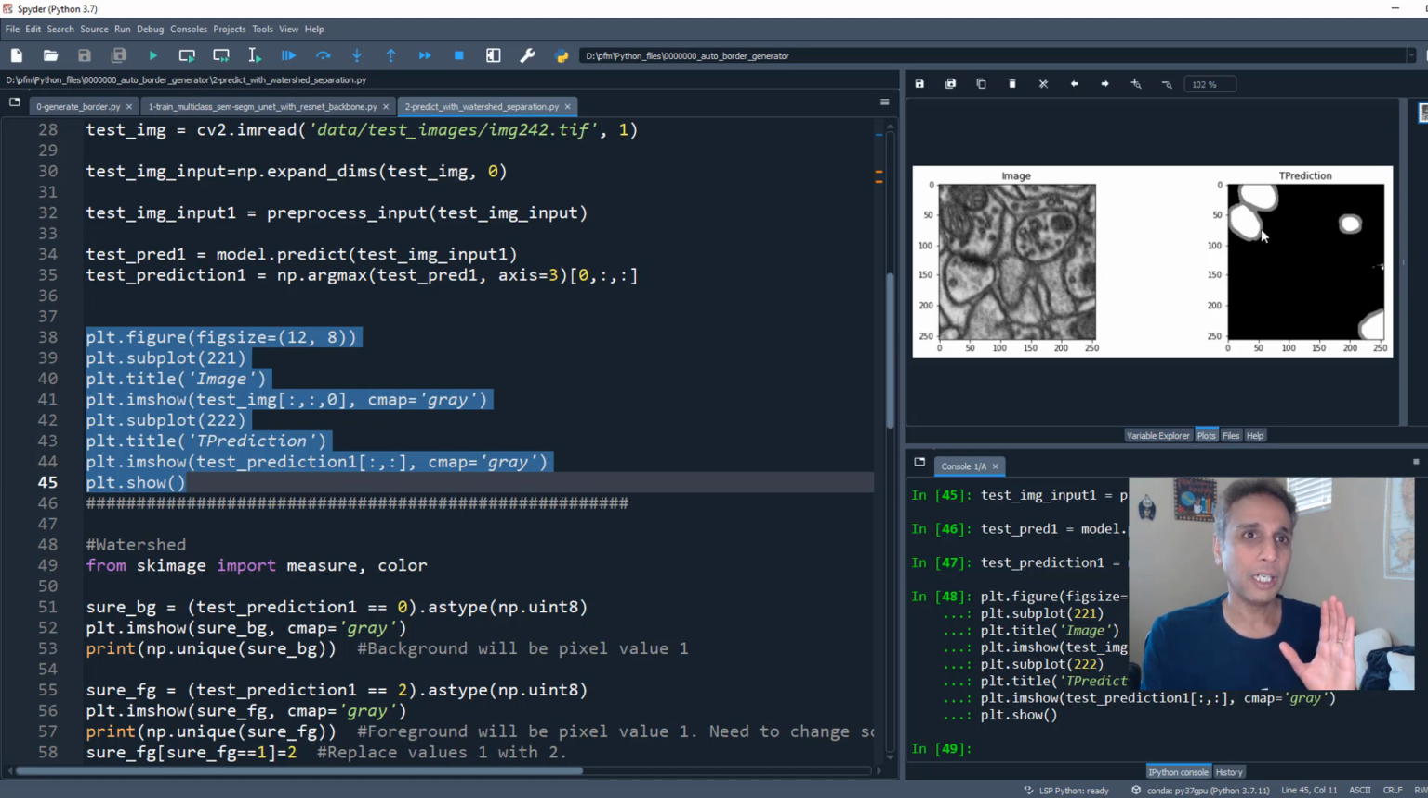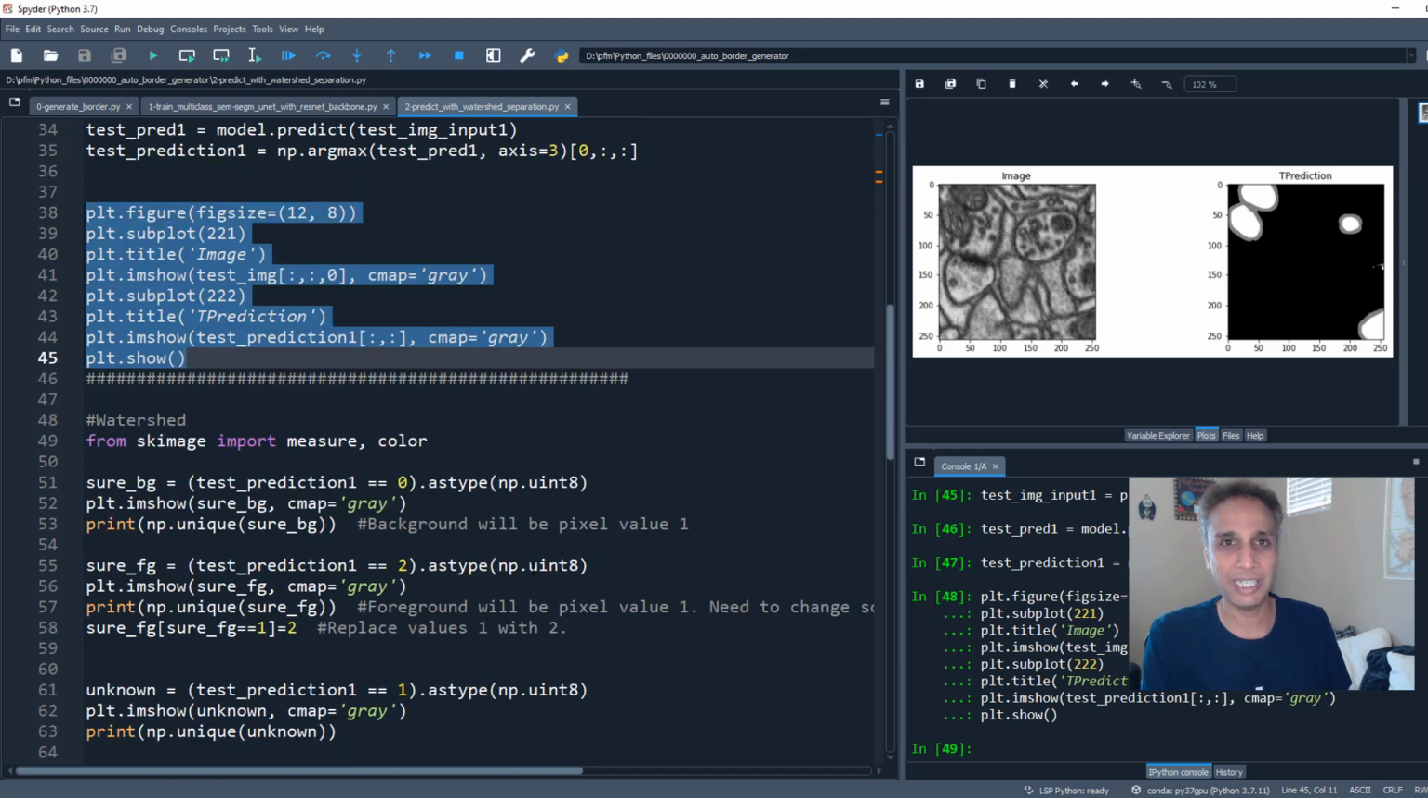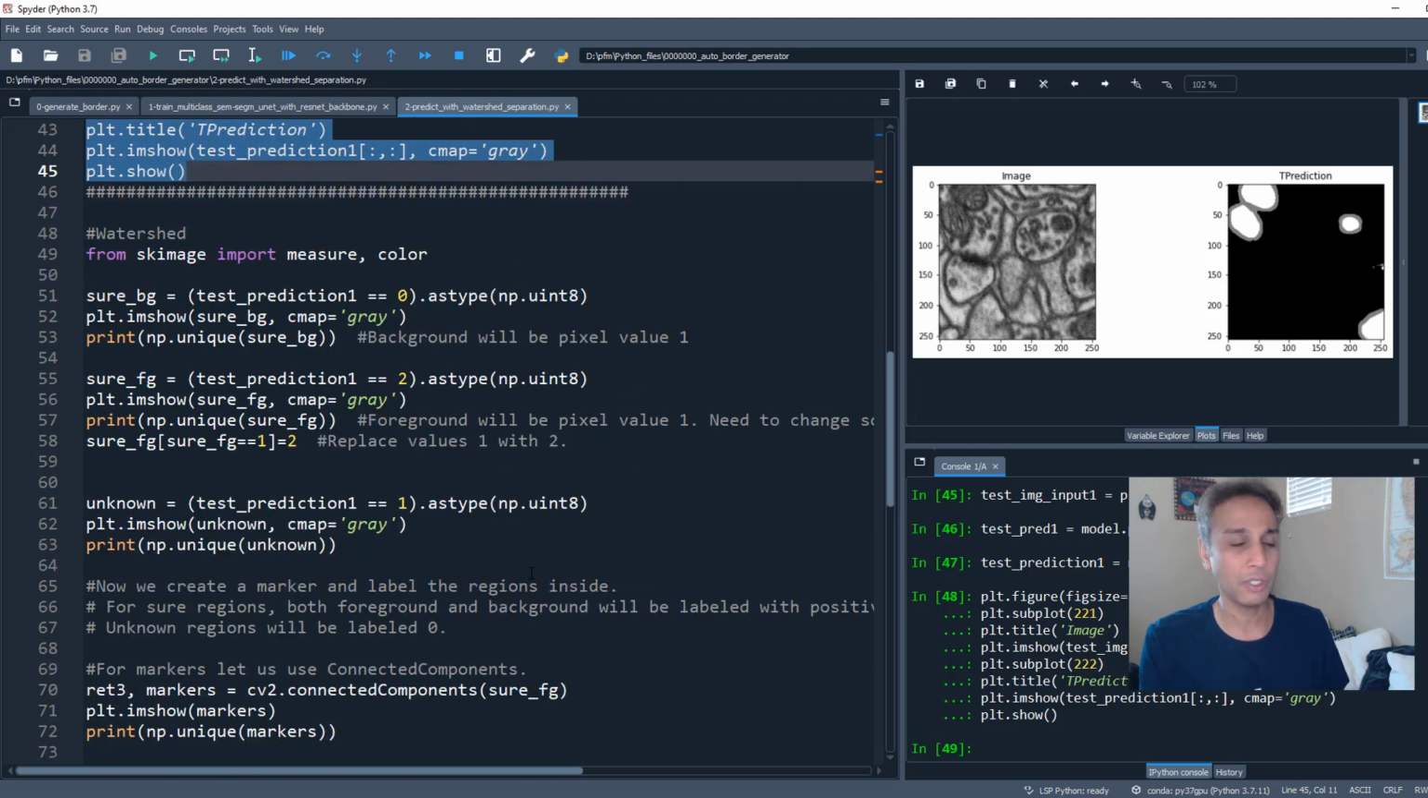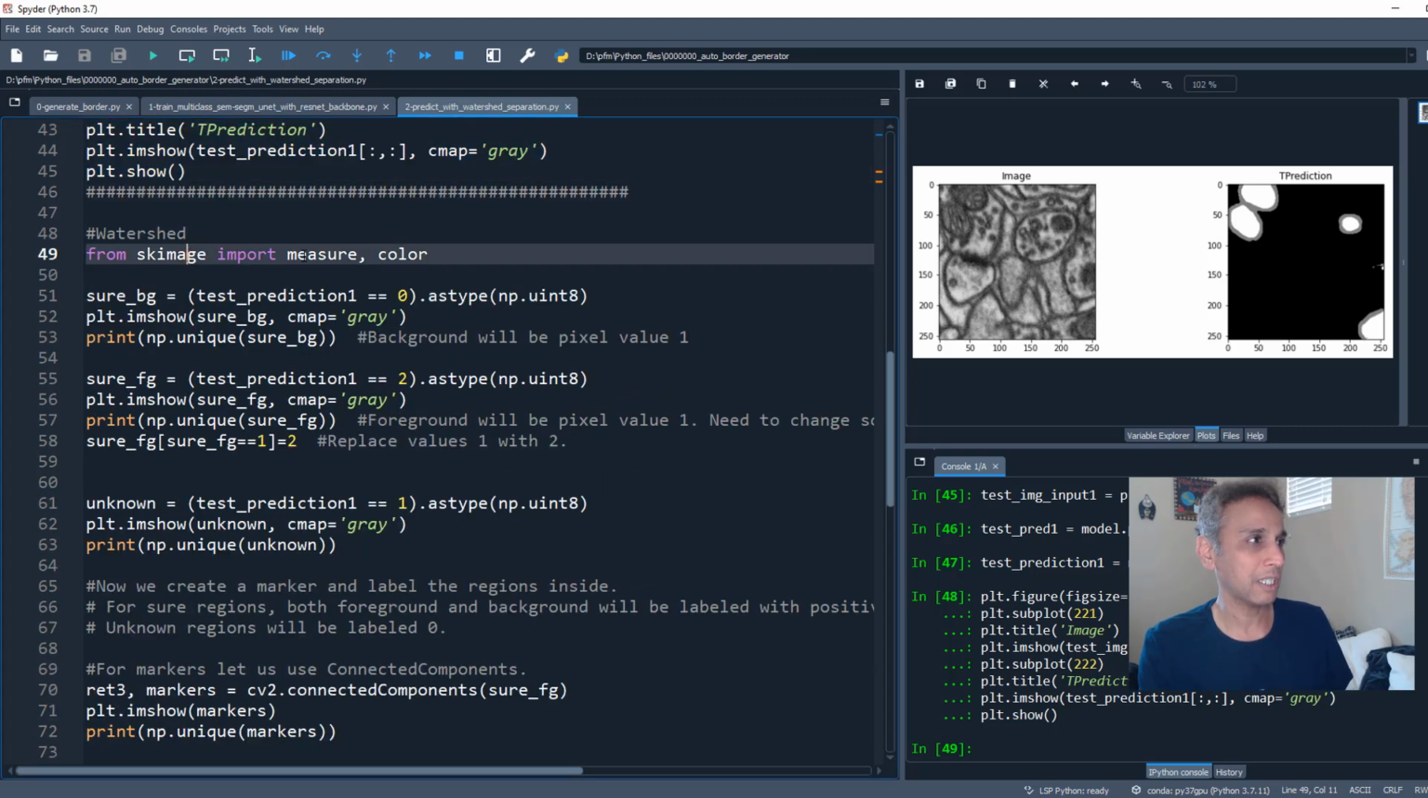Okay, so now we have decent segmentation. How can we use these borders to separate these two? This is a classic watershed segmentation. If you know watershed, then you know exactly what I'm going to do, which is, from scikit-image, I'm going